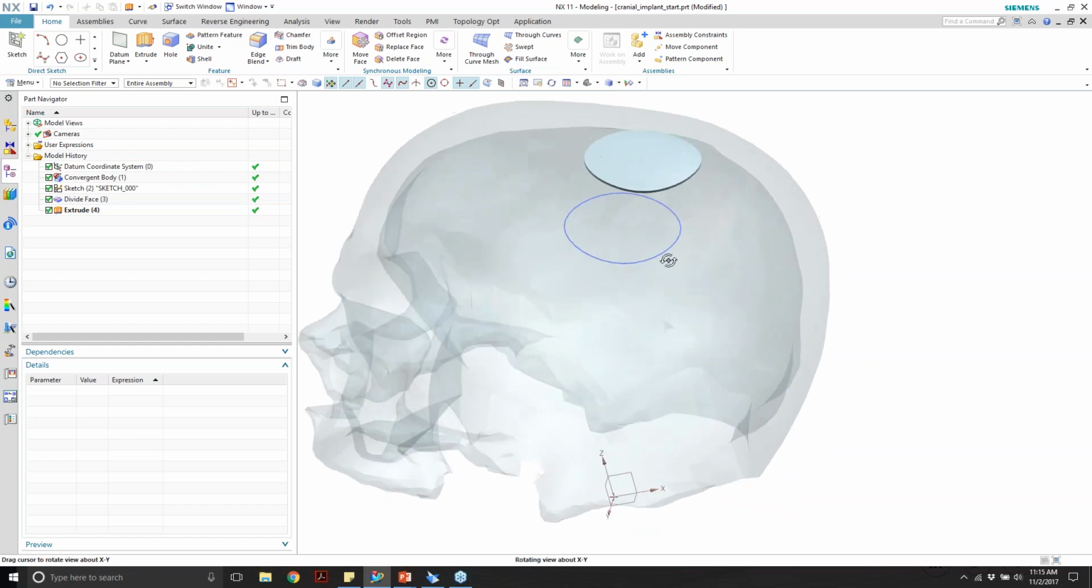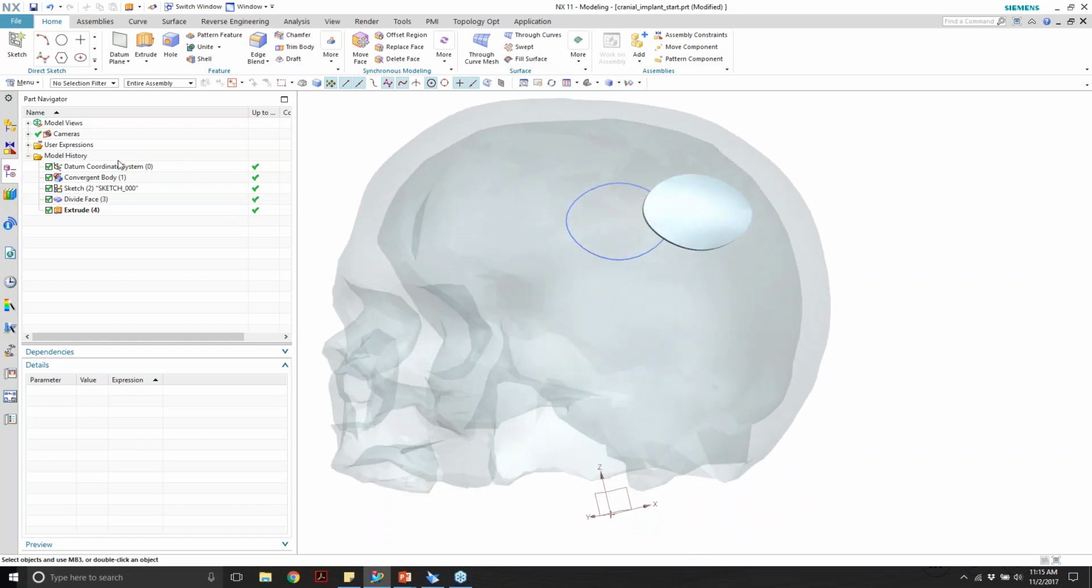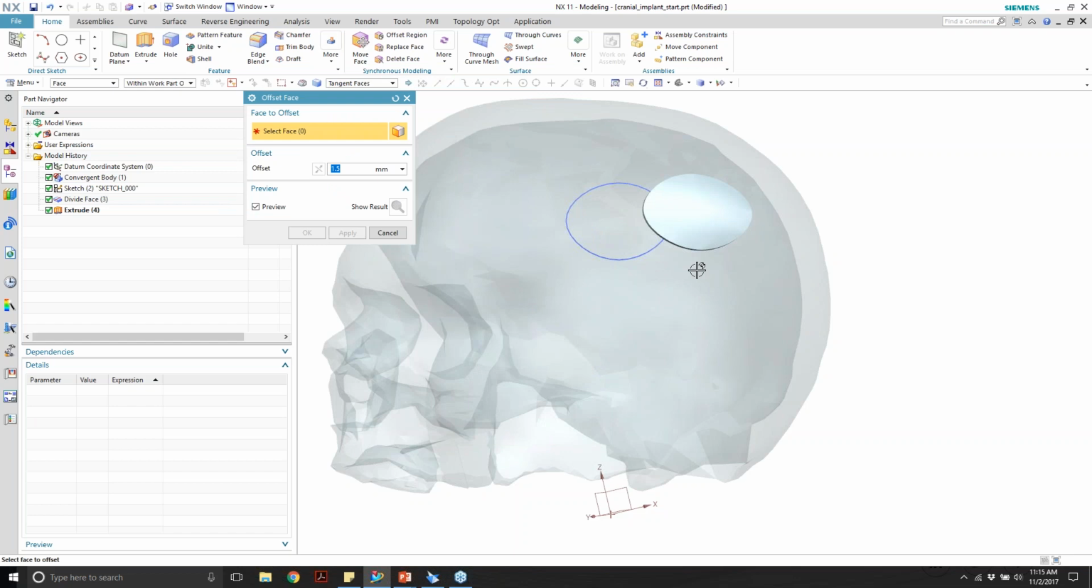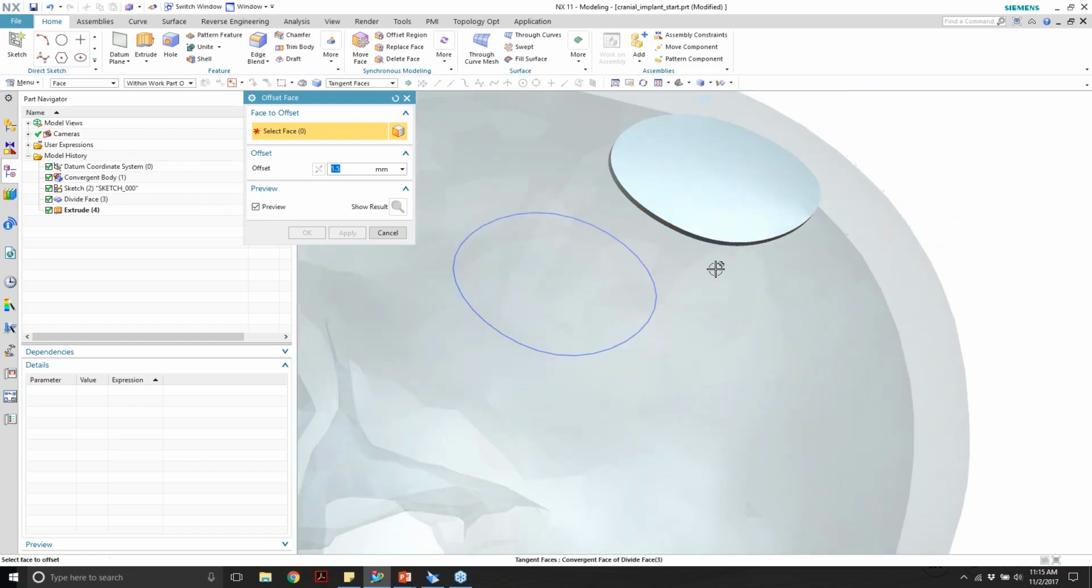Next I want to manipulate this part that I just made, as you would. You can see my history: I have a convergent body, which is my skull, and I have my sketches and my extrude. Next, I can actually offset or make this extrusion larger. I'm going to offset face right here, select my face,